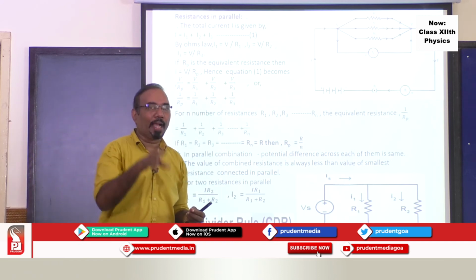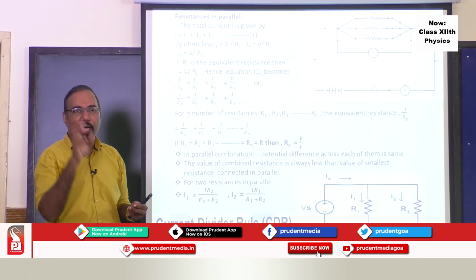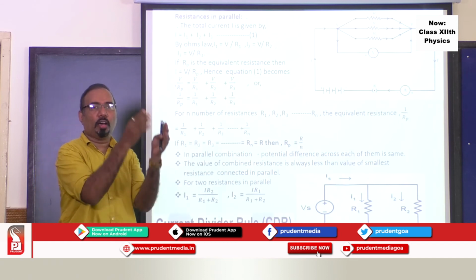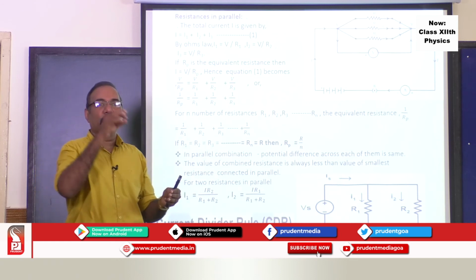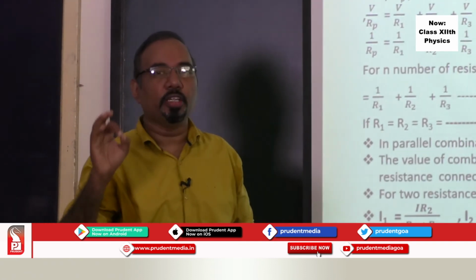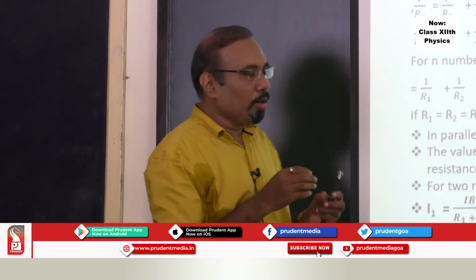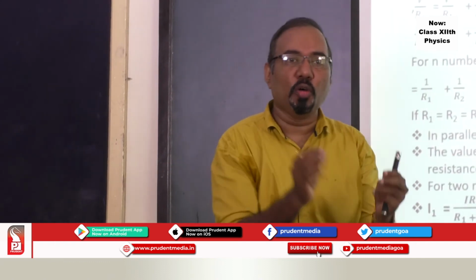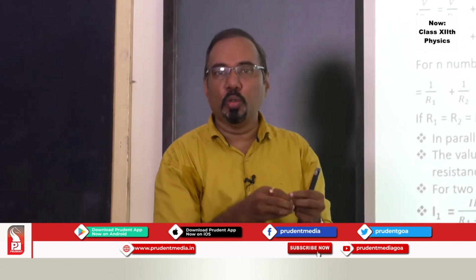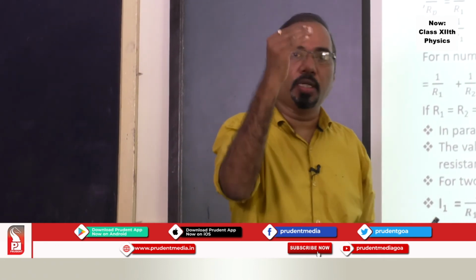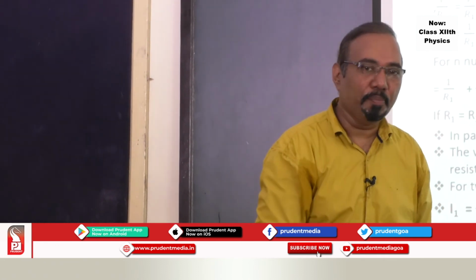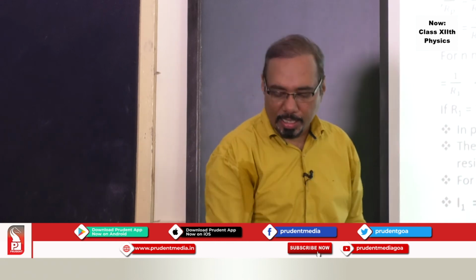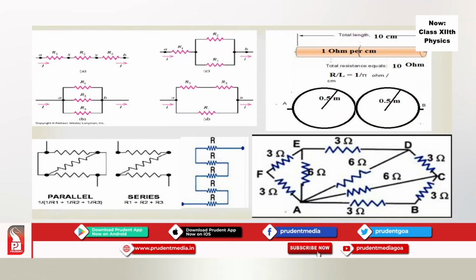So if you connect resistances in parallel, the reciprocal of the equivalent resistance is equal to the sum of the reciprocals of the individual resistances. So from both these sections, you can easily understand, if you want to add resistance, you put them in series. If you want to decrease resistance, you put them in parallel. In series, current is common. In parallel, voltage is common. So let's go through some